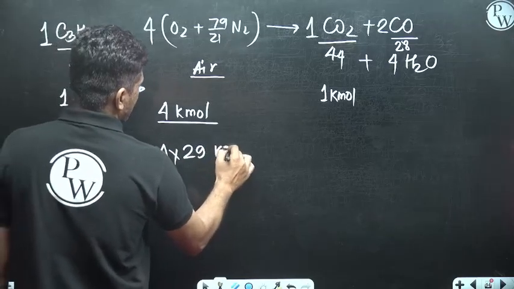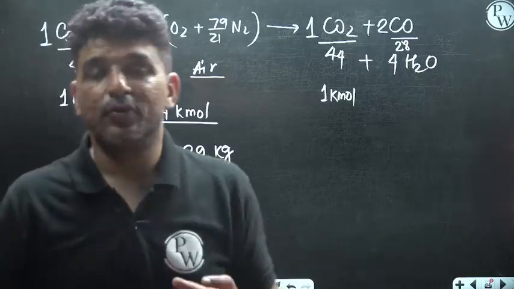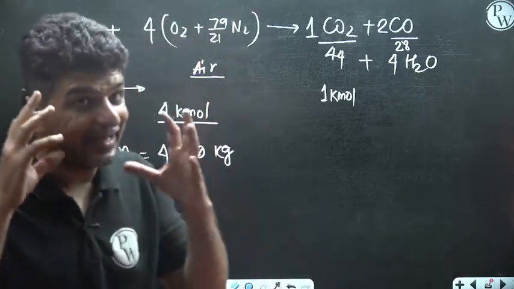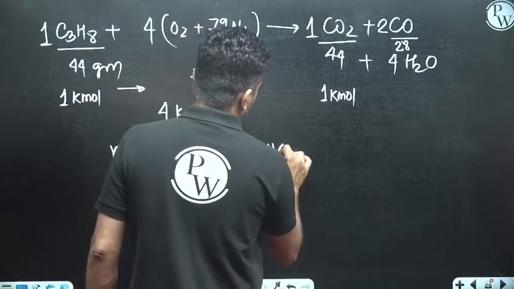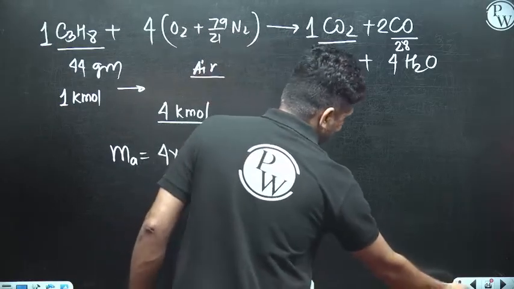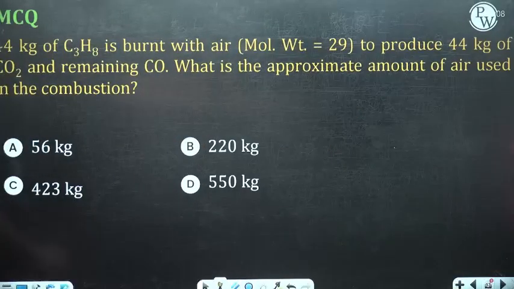29 kg. Why are we writing kg? Because air has a molecular mass of 29 gram per mole or 29 kg per kilomole. So the amount of air will be equal to 116 kg. Okay, so you see the approximate amount of air used in the combustion will be